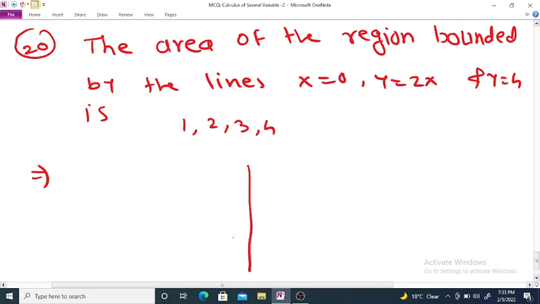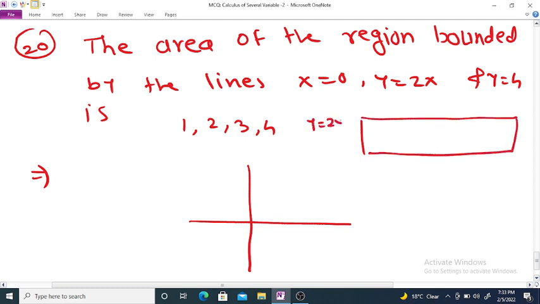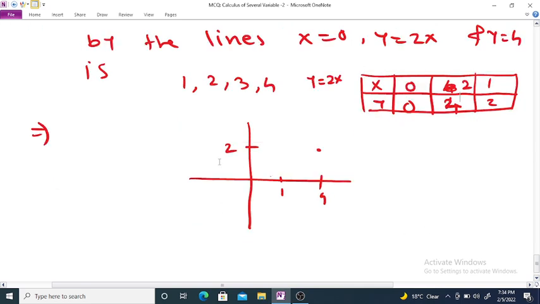Here, for y equal to twice x, if we consider some points x and y: if x is 0, y is 0; if we take one more point, x is 1, then y is 2; and if y is 4, then x is 2. So here, if we draw this region,